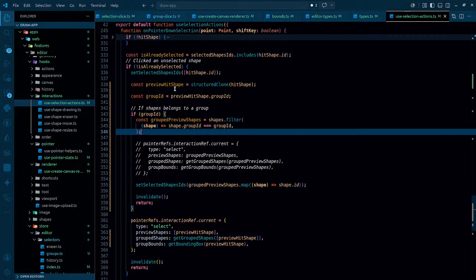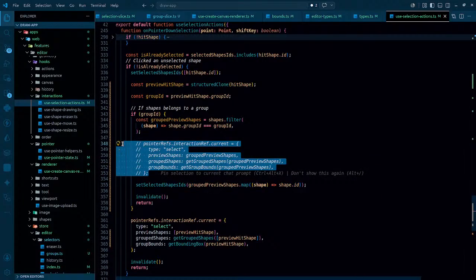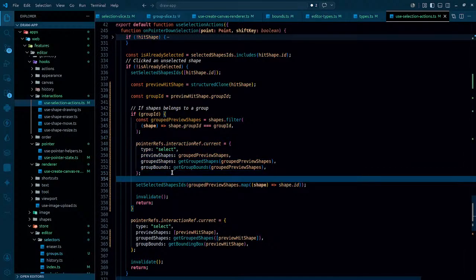What are we doing? One more thing that we stopped, that is this one. So whenever we clicked on any shape, at that time we are just simply setting this. We even have to set the value of this. It is compulsory. So as soon as I clicked on any shape,